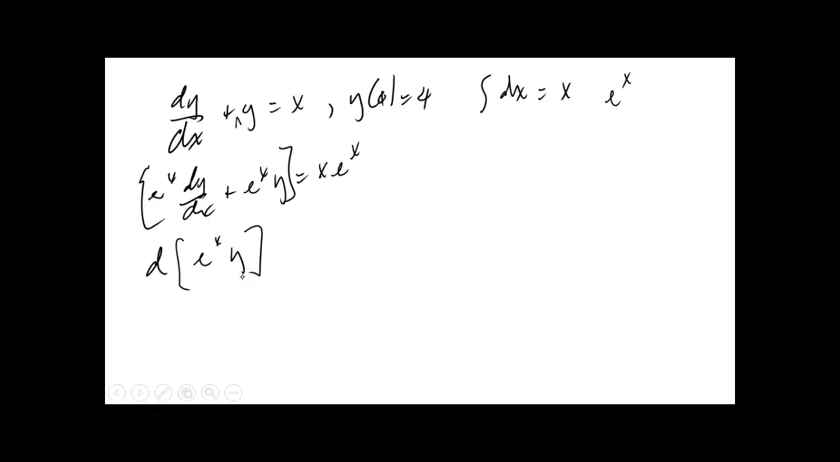Now, at this point, I like to go back and check. The derivative of that would be e to the x y plus e to the x dy dx, and that's exactly what we got. I'm doing my differential at the same time, x e to the x dx. When you integrate both sides of this, you now have e to the xy